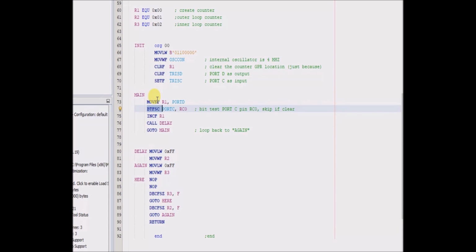and then it moves this R1 equate file location to port D again, and then incrementing it each time. But what's going to happen is, yes, it is displaying this whole byte of information, which is stored in R1 and sent out to port D. That's just something it does, but the point is that it does it according to a delay routine,